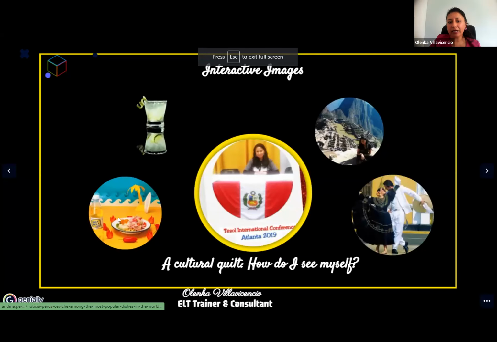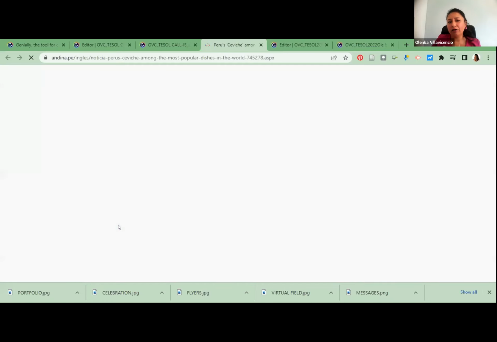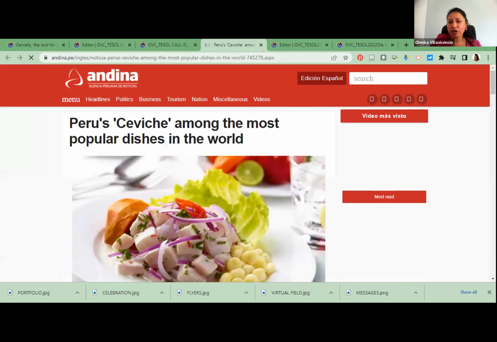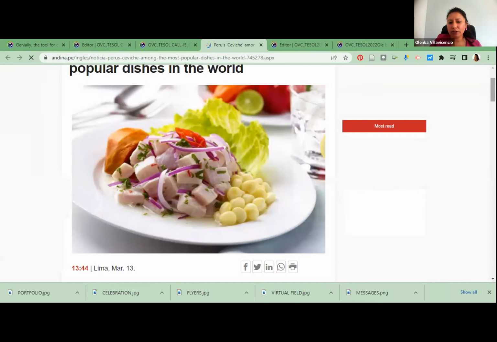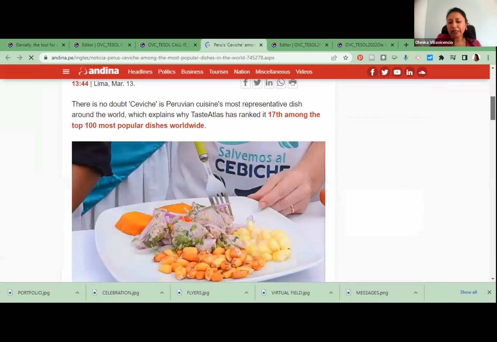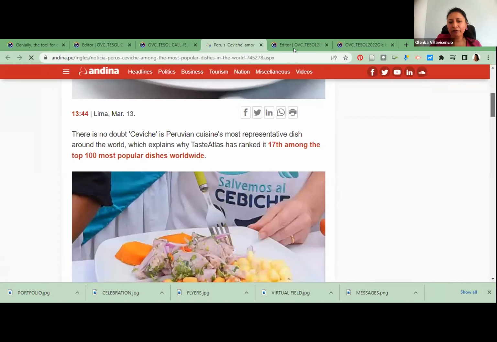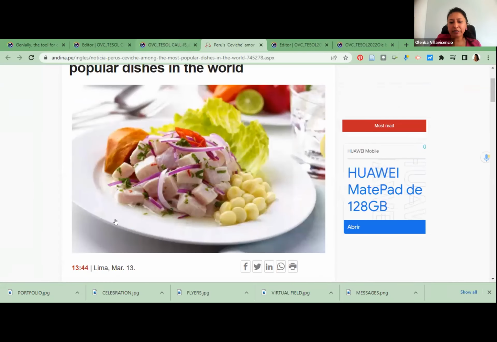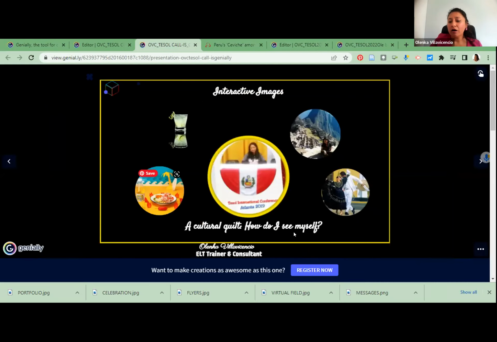When I put click here, immediately go to a link, okay? This is about the most popular dishes in the world, that is ceviche. So when you come to Peru, please try this delicious food that is ceviche, also in the United States or any part of the world, okay? Or maybe